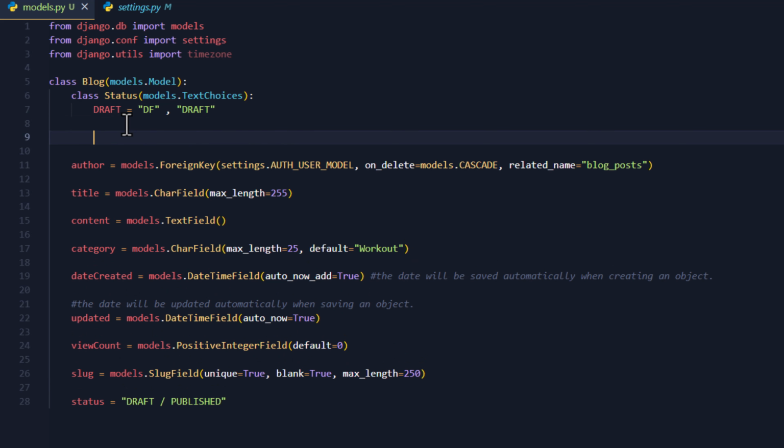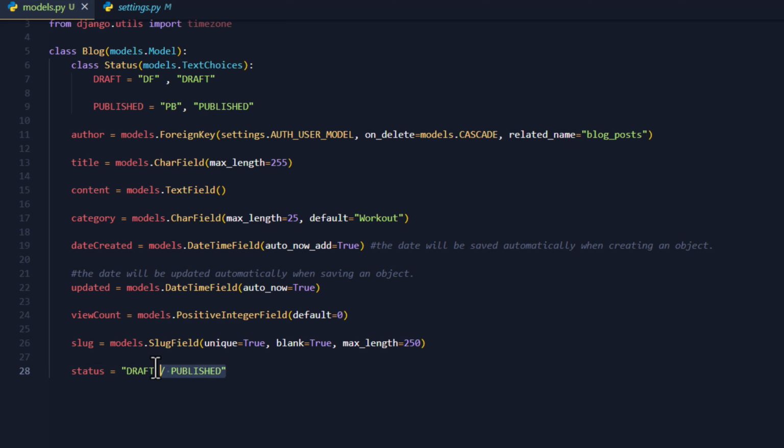We can do the same for the published field. So we'll have published. Then we can set the value that is going to be stored in the database, which will be PB. Then the human readable text, which will be published. Then in our status choices field, this will be